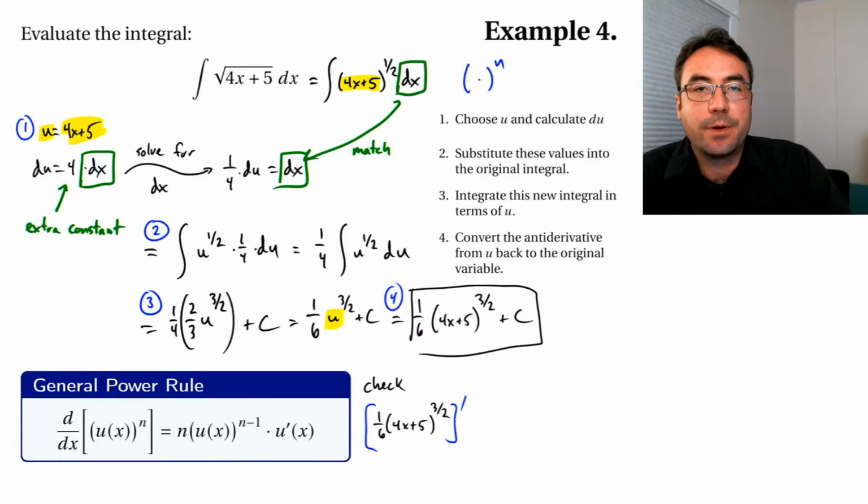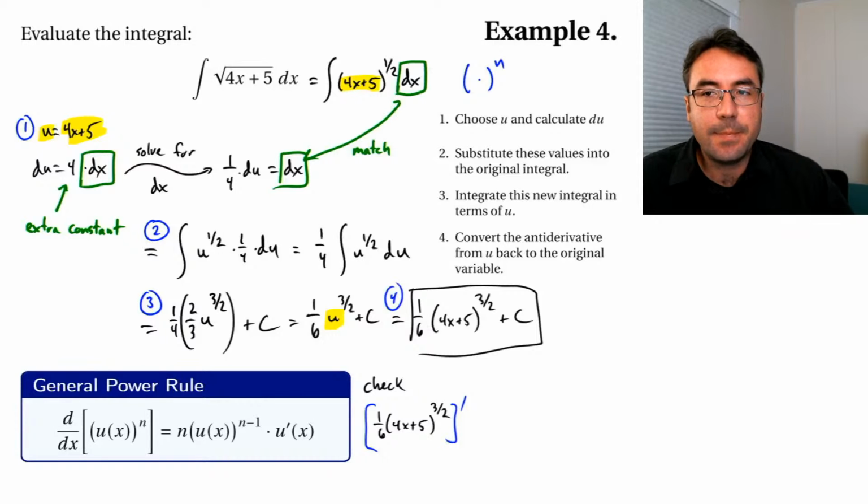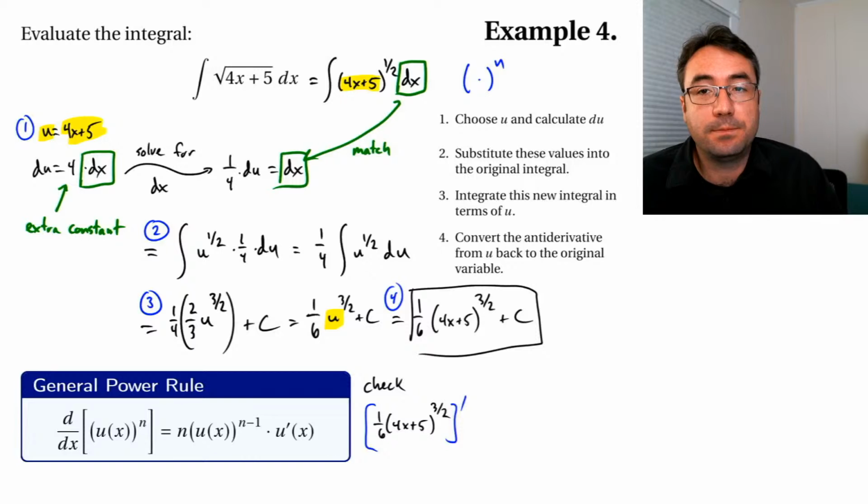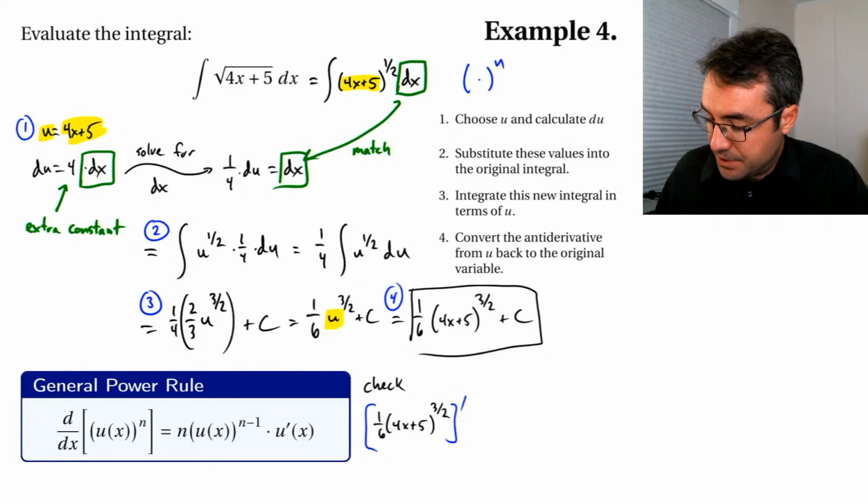Again, don't worry about the plus c because we know when we differentiate, which we're going to do to check ourselves, the derivative of a constant is 0. And so we had to use substitution rule. So when we do the derivative to check our work, we should use the chain rule. And in this case, we're going to use what we called the general power rule, which was just a special case of the chain rule, which said